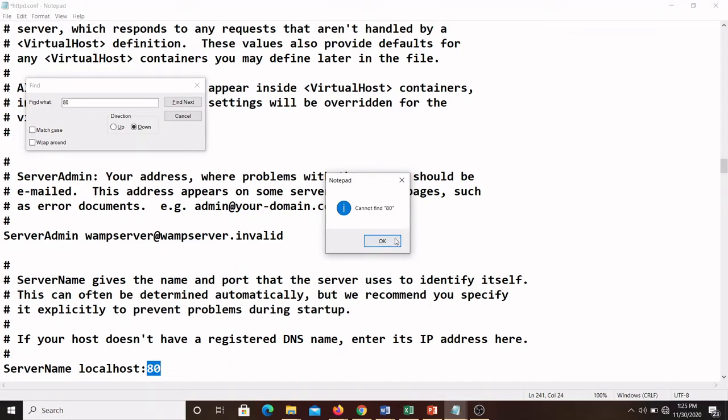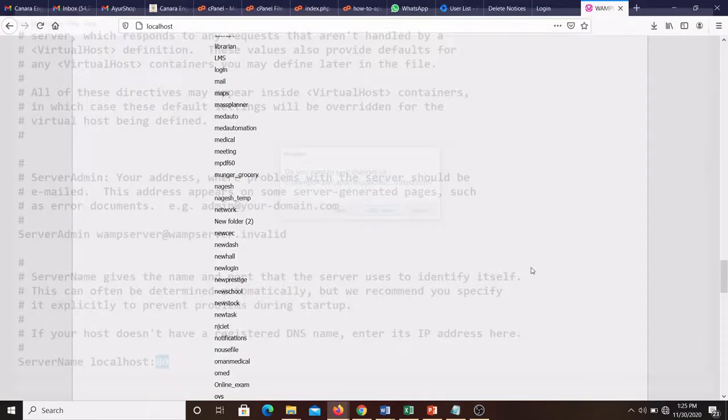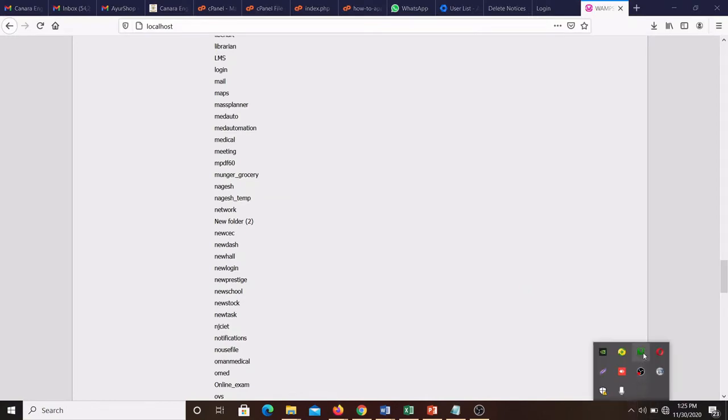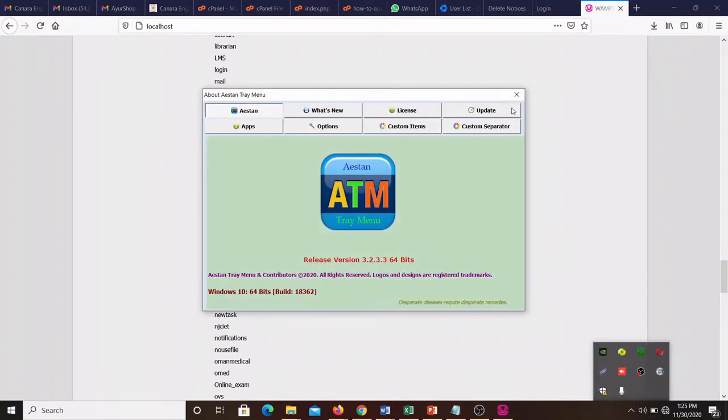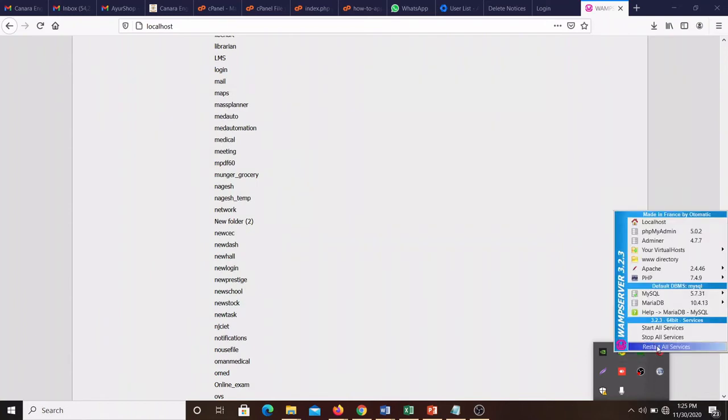After that you save this file and restart the services. I am not changing anything, and then we restart again. We have an option for restart here. Then again this color will become green, but without the green color you cannot do anything. So I think you got the idea how to install the web server, and I also discussed two troubleshooting issues.